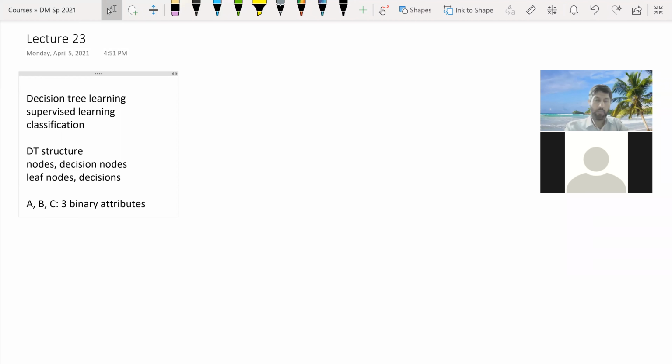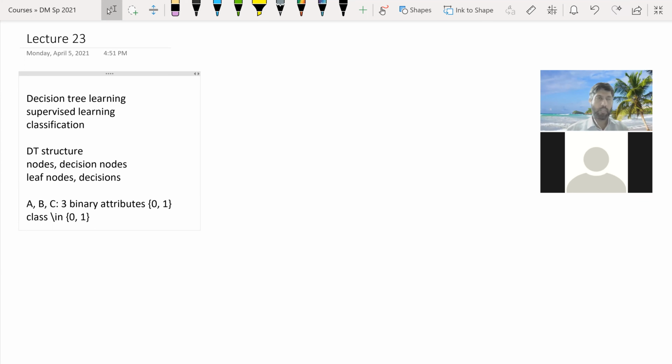So three binary attributes, and each of those take on values from the set 0 and 1, let's say, two possible values. Okay? And then we have another attribute which is class, which is also binary, let's say. And this also takes on values from 0 and 1. Of course, the procedure that we are going to discuss is easily generalizable to other categorical attribute datasets.